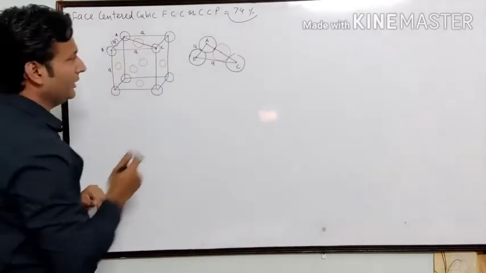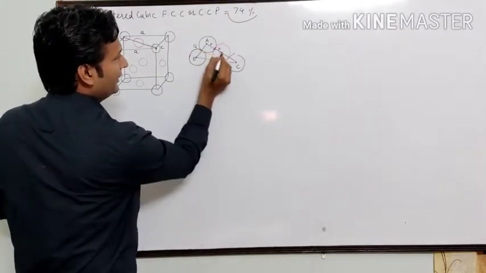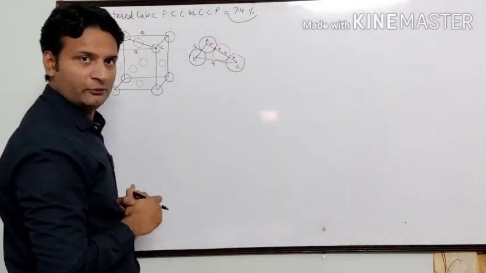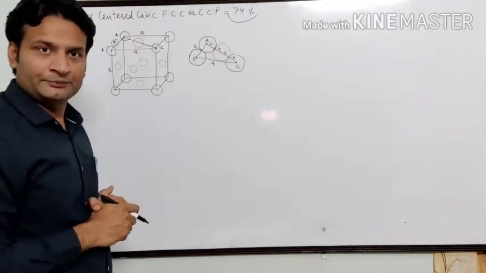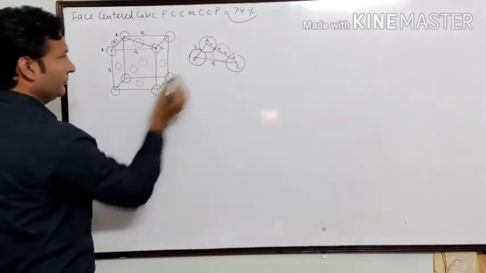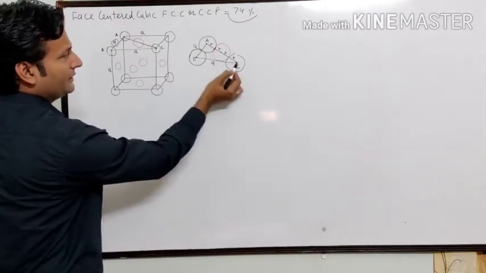तो मैं इसको assume कर लेता हूँ. A to B को watch carefully. It is the radius. It is the radius. It is the radius. It is the radius. It means there are four radius. We can also say that it is 4r. Now according to Pythagoras equation, the most important, the longest line is A to C.